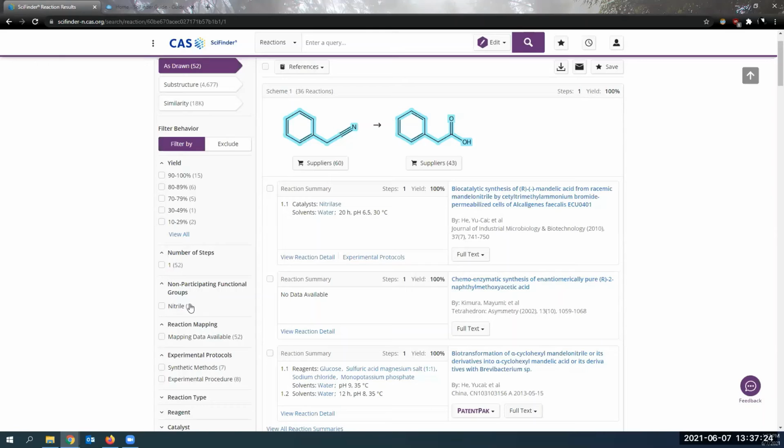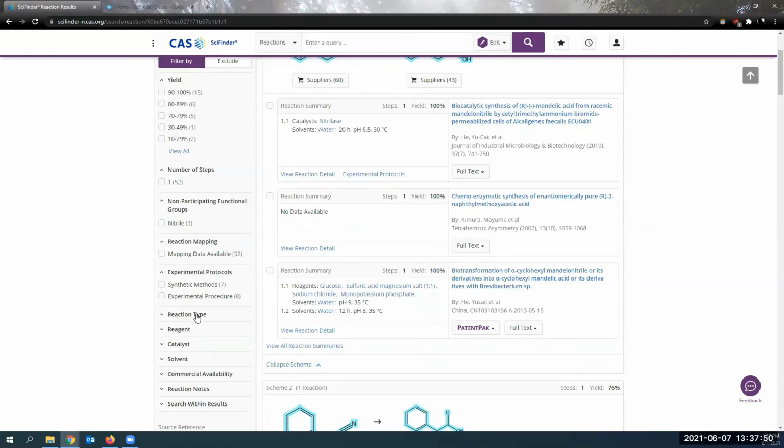Non-participating functional groups, these are just other products that can be involved in it, but in this case it doesn't even really matter. But then you also have experimental protocols, which are just any experimental protocols, including the reaction. And if you are looking for one of these protocols, that's kind of interesting. And then there's reaction type,